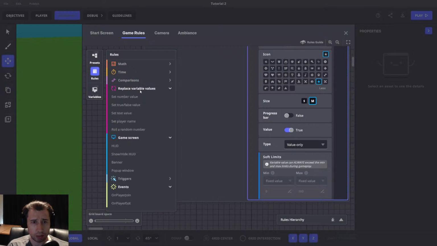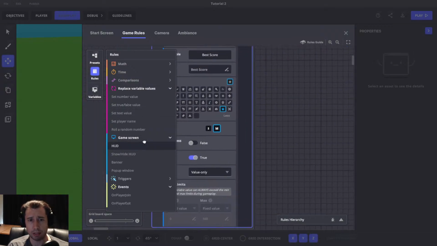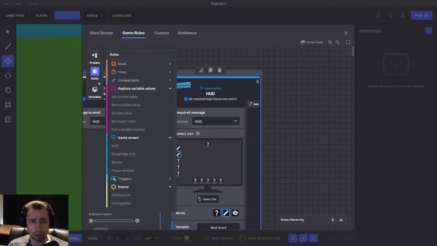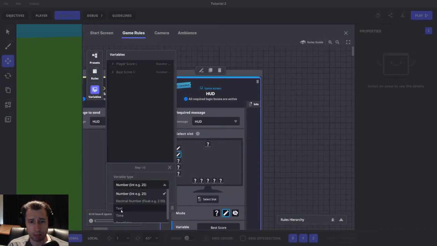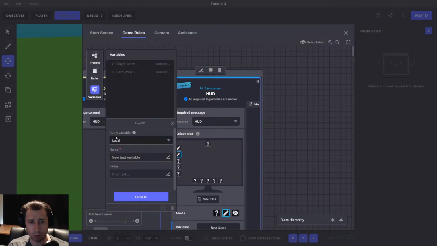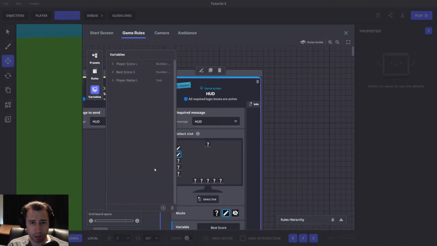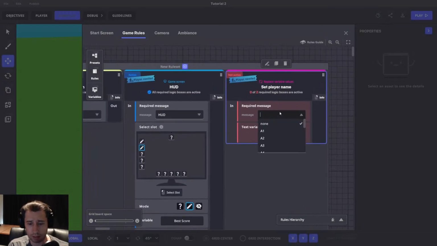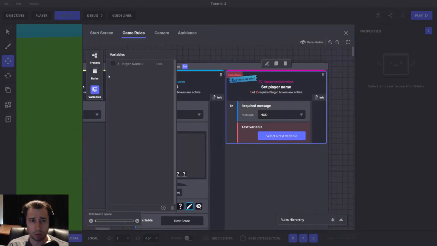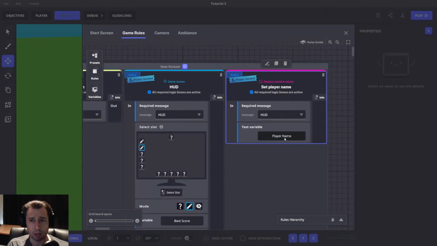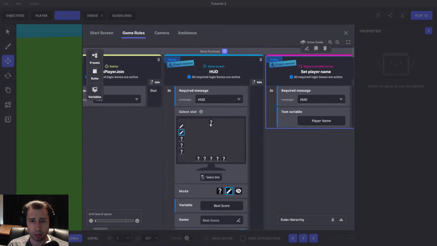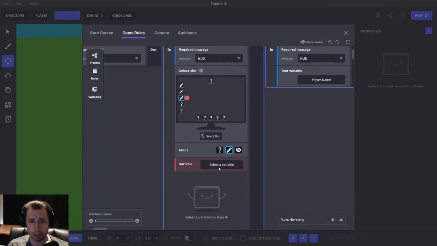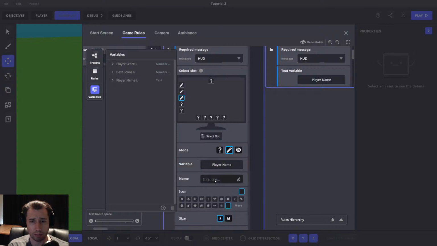In this version, do we have player name? Yes, we've got set player name as well. So what we'll do here is we'll have a variable, and we're going to make it a text, and we'll make it local, so every player gets their own, and we'll just say player name. And what we'll do is on HUD, we're going to set player name. So HUD, when the players join, we're going to have player name. So set player name to player name when they join, and we can just show that here so you can see player name